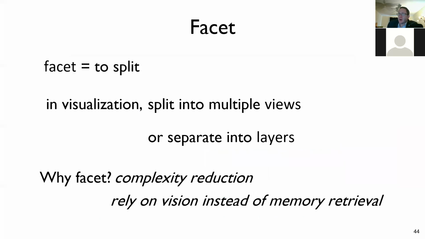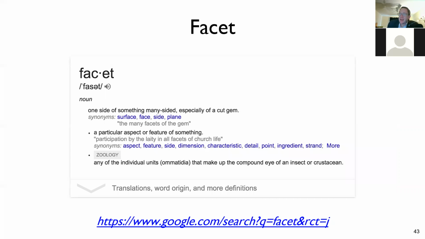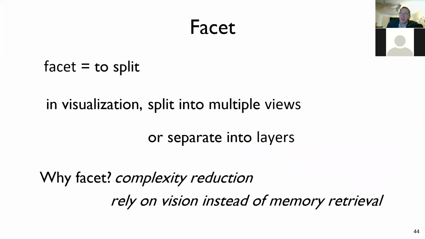So we've already gone over that part as well, a little briefly, but a facet is essentially many-sided, normally referring to gems, but what we're talking about is multiple views or multiple layers. And it reduces complexity, much like